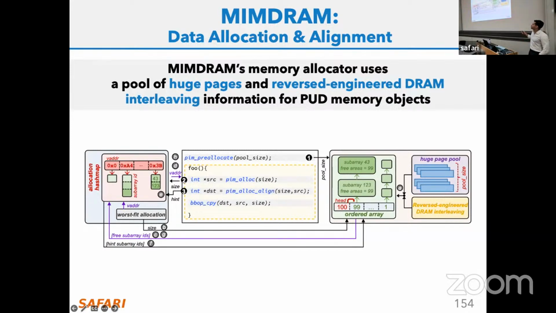So we have this reverse engineered DRAM interleaving scheme, and this is basically a function that tells me, based on this address, I know how this address is going to map across the different DRAM channels, banks, columns, subarrays and mats. If I want to for a fact allocate two arrays in the same DRAM mats, basically I need to apply the reverse of this function, and then I know how I should map those bits of the address space, and then I can compose the allocation accordingly. So this is way more involved than I'm mentioning here, but I'm not going to go into much detail.